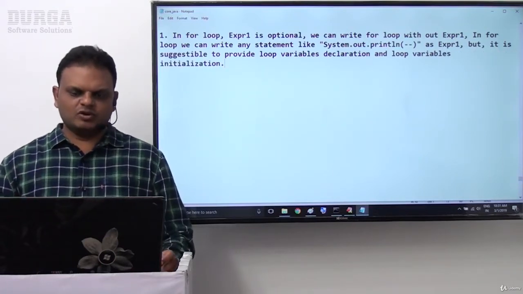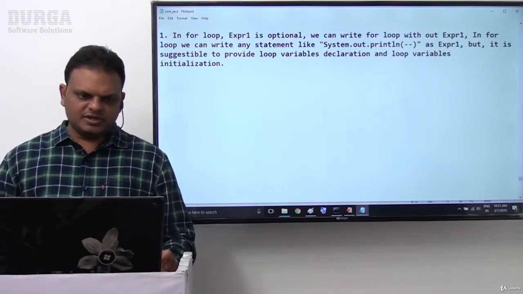It is suggestible to declare loop variable declaration and loop variable initialization.